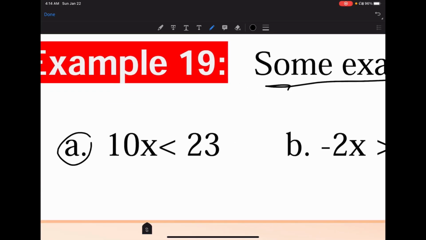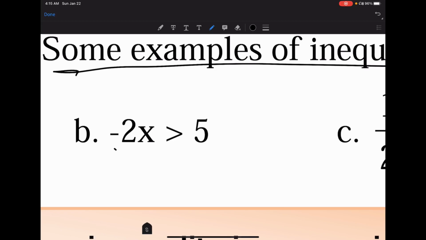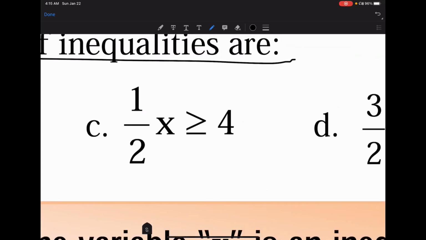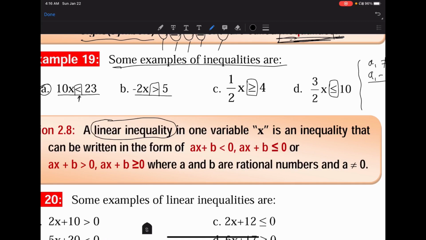are: a) 10x is less than 26። ለምንድን ነው ይሄ inequality ሆነው? less than ስላለው ማለት ነው። እዚህ ጋር ይታየናል፣ እቺ less than ስላለች inequality ሆነ ማለት ነው። Okay, b ስንመለከት ይሄም እዚህ ጋር greater than አለ፣ ለዛ greater than ስላለ inequality ሆነ ማለት ነው። C ላይም ይሄም greater than or equal to ስላለ ይሄም inequality ሆነ ማለት ነው። ዲም እንደዛው፣ ዲ ደግሞ less than or equal to ነው። A linear inequality in one variable x